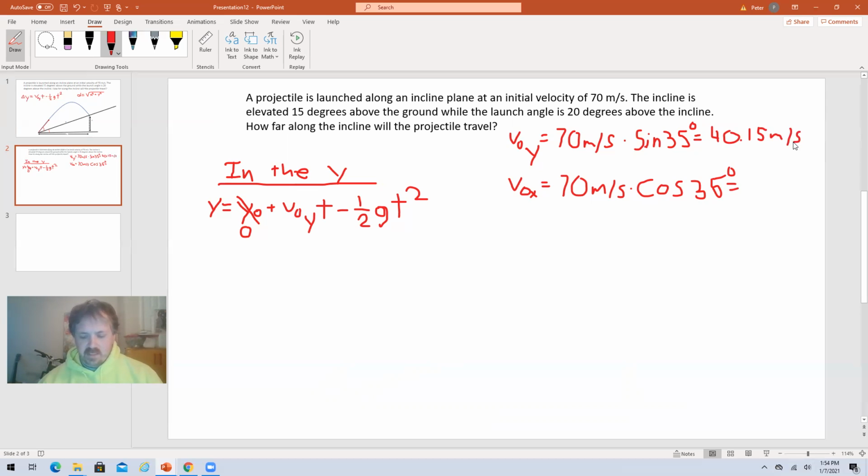And then 70 times the cosine of 35 equal to 57.34 meters per second. Okay, now that that's done, okay, we can plug some numbers into this, and basically what we